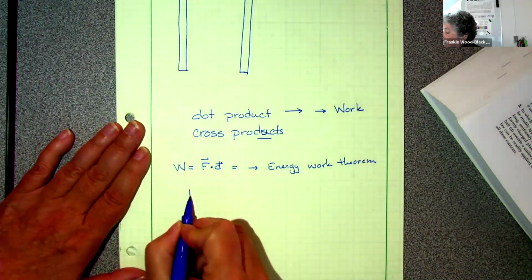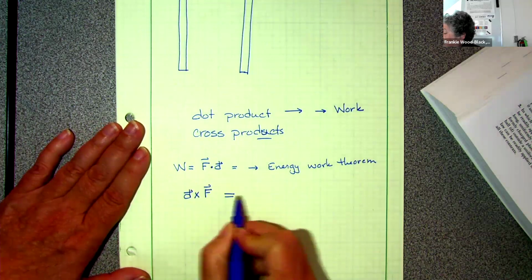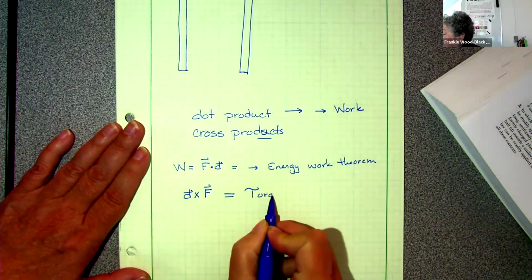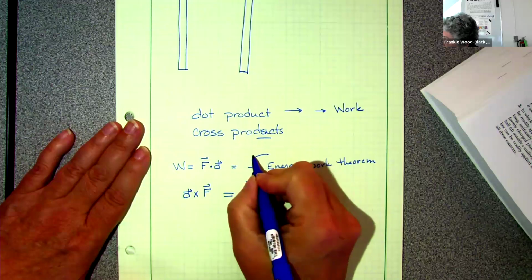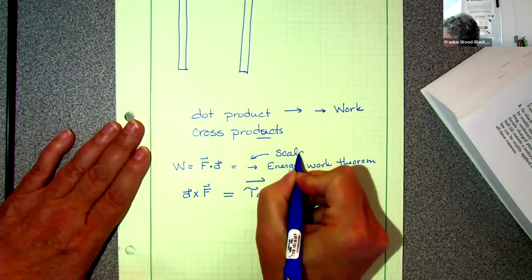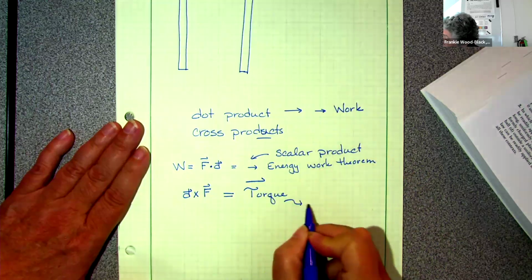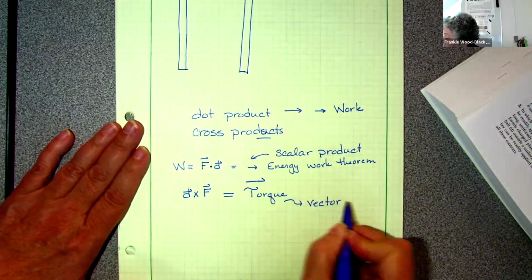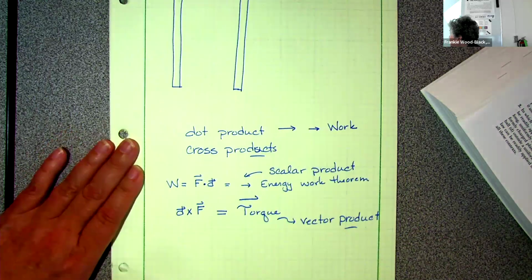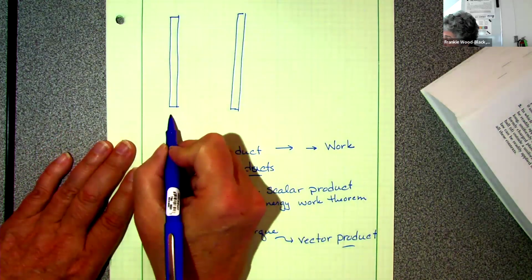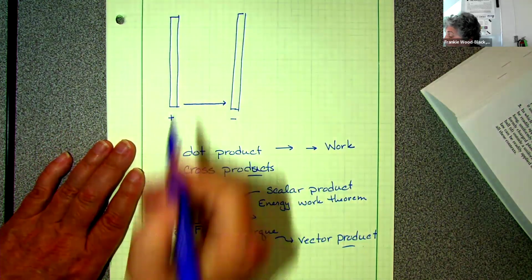But if I did this and I did my cross product, that gave me torque. And torque is a vector product. So this gives me a scalar product. This gives me a vector product. Because what we're about to do is the exact same thing. So if I have a positive charge to a negative charge, and I create a uniform electric field,